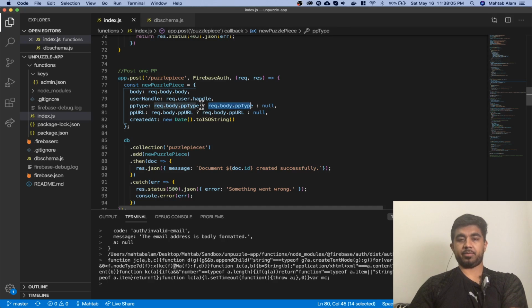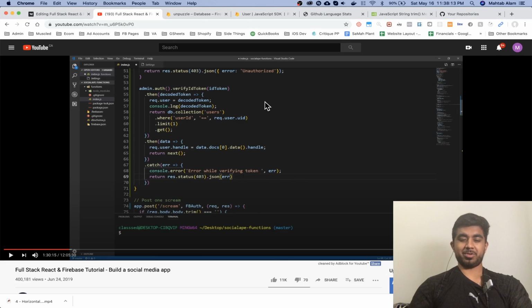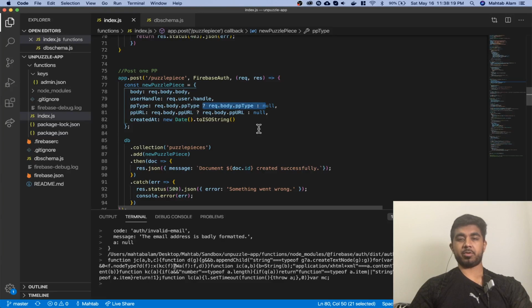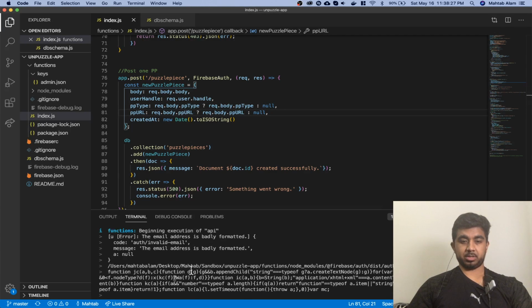I didn't have this request, this ternary operator. Ternary operator, is that how you say it? Yeah, ternary. I didn't have a ternary operator, and so that's why I got this error saying something like,